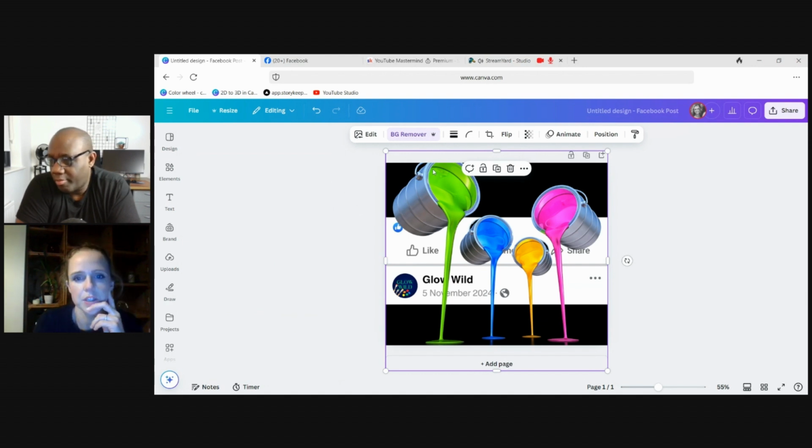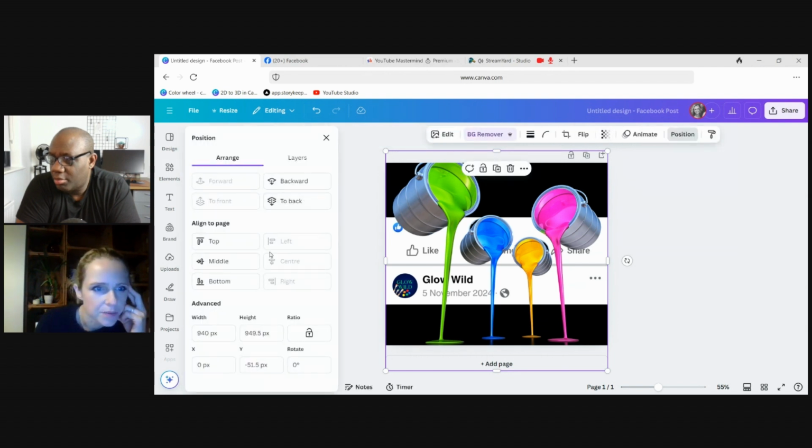background right there. So now you can see we've got quite a nice 3D image to start off with. And what we're going to do is tweak it slightly until we've got an image that we're happy with. But you can already see the effect of it coming from the background, pouring over, so as the person is scrolling, you then have this break in the feed, which is really effective. And that's why 3D posts like this are so effective. It will literally jolt them out of that hypnotic, repetitive scrolling of the platform. It will jump out at them and it will really make people take note of your post